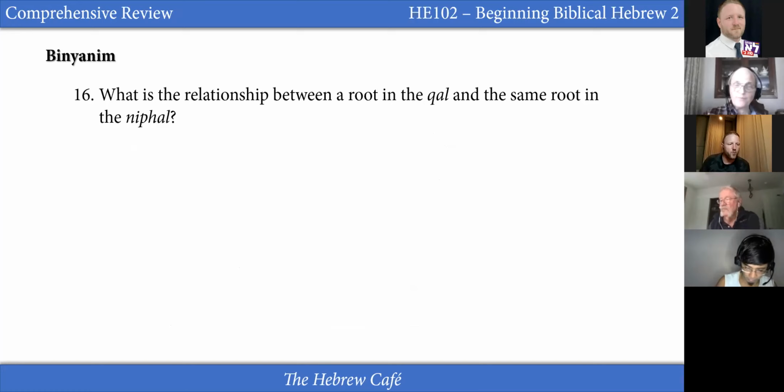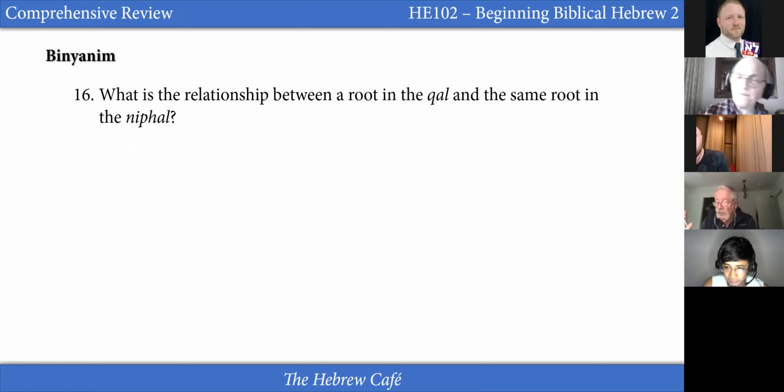Okay, so regarding the binyanim, what is the relationship between a root in the kal and the same root in the nifal generally? Ward, what do you think of that? Kal to the nifal. This is the area I'm probably weakest in, but I would say kal is the active and the nifal would be passive. Yes. Nifal took over the function of the passive for the kal. Earlier on, before the biblical period, there was a real kal passive, and nifal was a different stem altogether. But they took on this relationship, and like we said, the kal passive is only left like